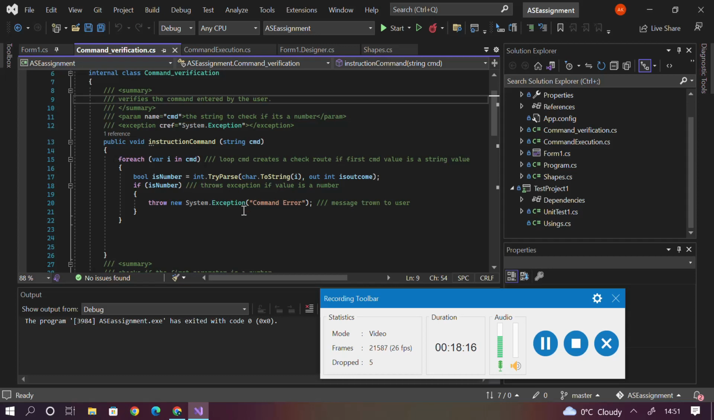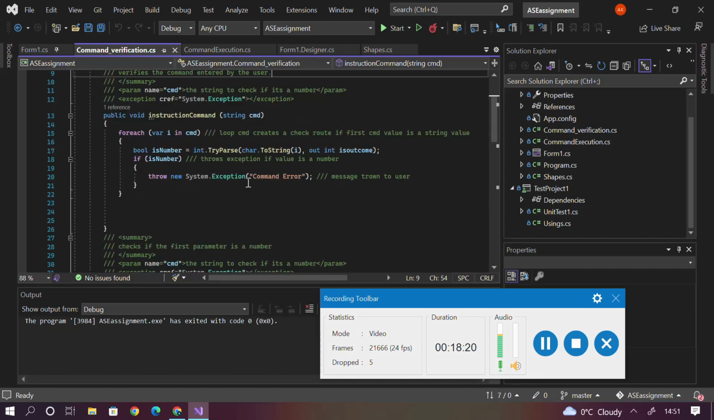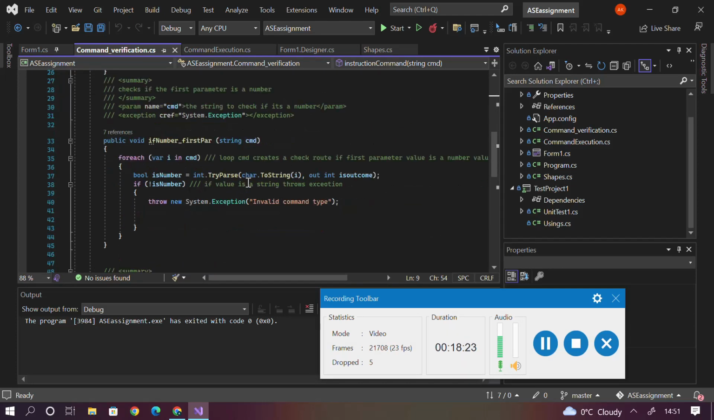It creates a check group, first checking if the CMD value is a string or not. And for the parameters, the first parameter, which is position X, you also use the command verification method to put the command in the for loop, where it checks each individual one to see if it's a number. If it's a number, it passes through, and if it isn't a number,